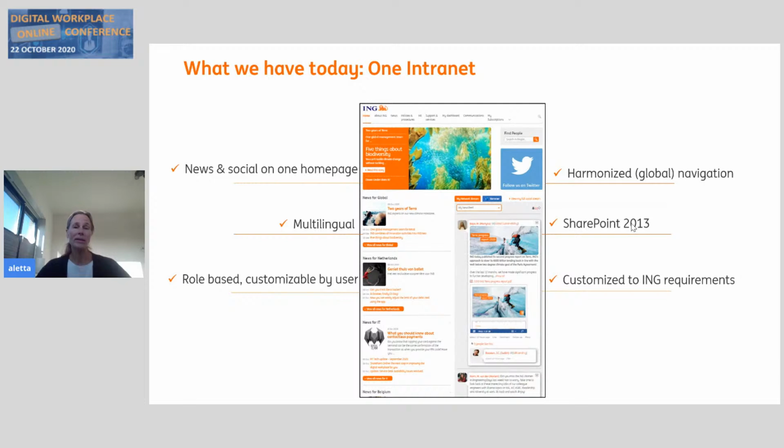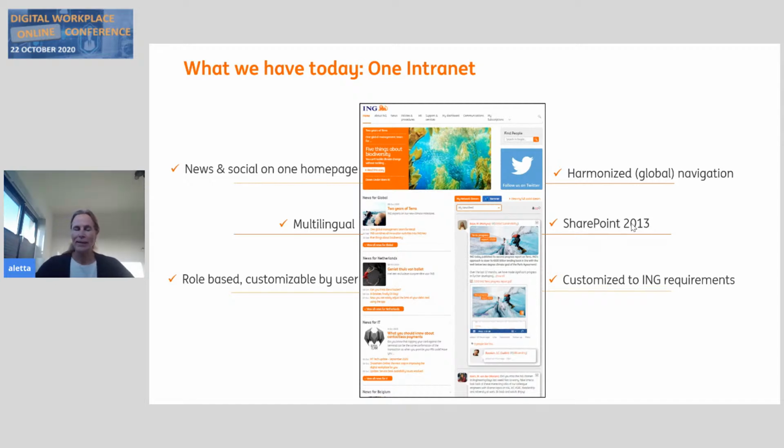It is available in each language that we use within ING, and we have over 9 official languages within our company. We offer it, as I said before, a bit role-based, so let's say a bit personalized. We have a standard harmonized navigation. That means that wherever you are on the platform, the navigation is still the same. Also, in the different languages, we still use the same baseline for our navigation, and that is to also make sure that you have this kind of single user experience on the platform, and not a lot of different ones